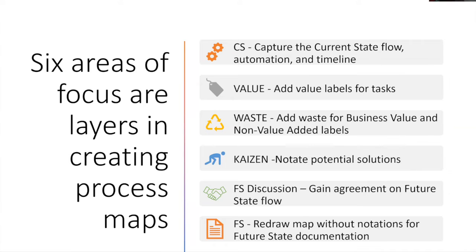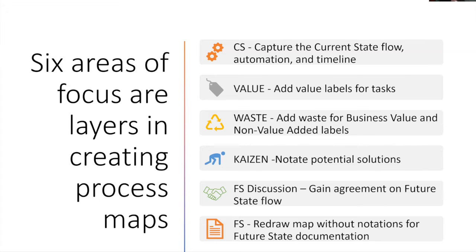Kaizen is notation of what the potential solutions are, is where we layer that on. Then we start with that future state discussion, gaining agreement on that future state flow. We illustrate how we show that. Then it's that redrawing of the map. And those of you who have been working with mapping from the current state to the future state, sometimes you throw everything out the window and you have to redraw that future state map from scratch. Sometimes it's just readjusting a current state. So it all depends on what it is as to how much change you have to make. So these are the different layers that we have found to be important. And by distinguishing all 6 layers, we get good discussion, rich discussion of what the real issues are with the